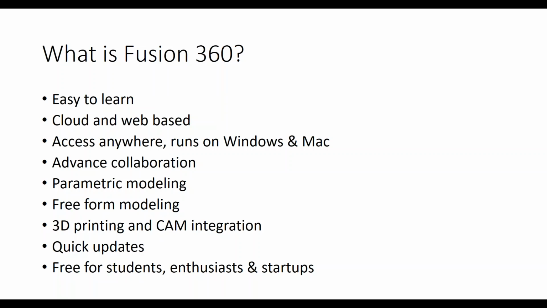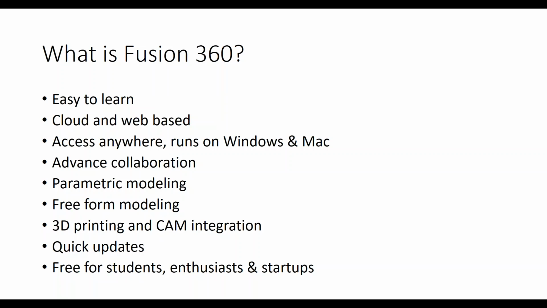Next, advanced collaboration. What advanced collaboration means is, if you have a file and you want to share it with your colleagues, just by giving their email ID, they can see your part, and they can collaborate on the product you are developing. Just by adding their Autodesk account, that is how you can collaborate with your friends. I'll be teaching how to collaborate by creating a simple room.